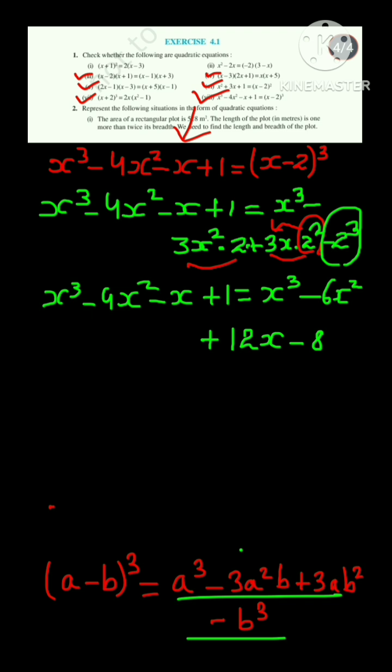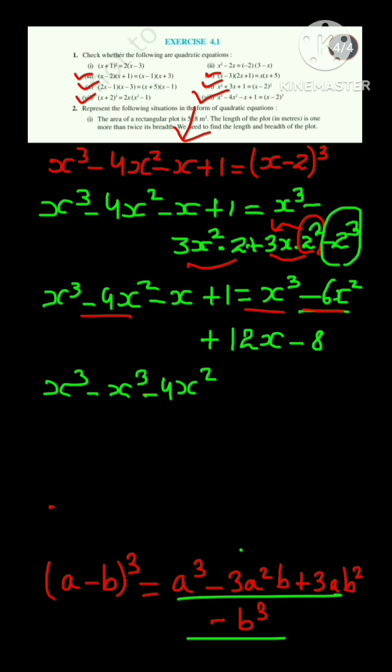Okay, now let's arrange. x cube and this plus x cube comes to LHS and becomes minus x cube, and this minus 4x square as it is, minus 4x square, and this minus 6x square